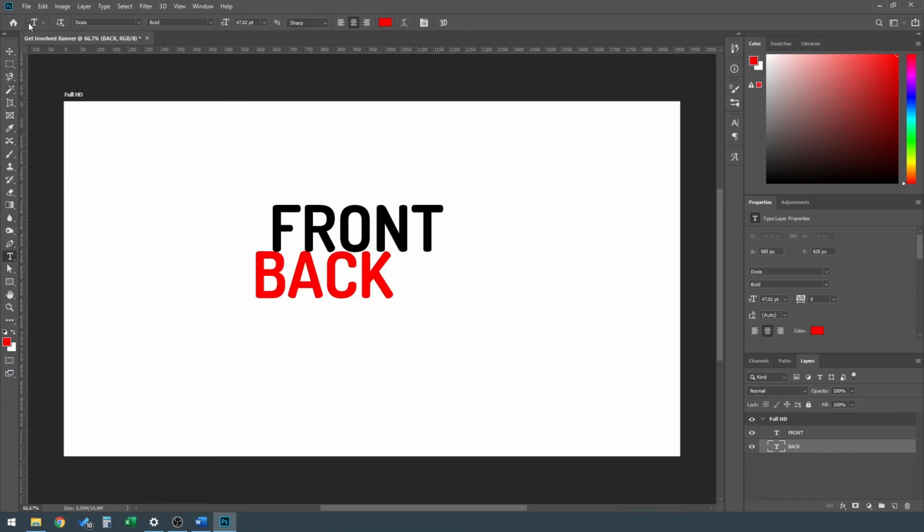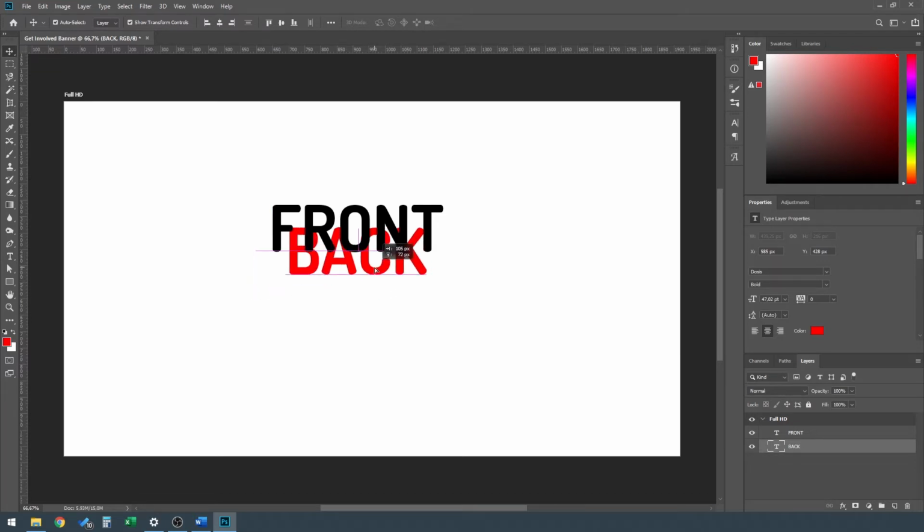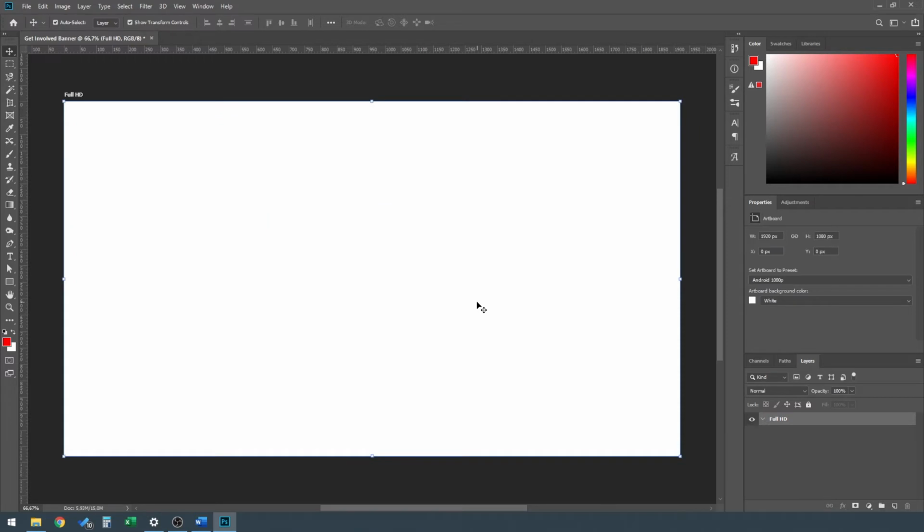And as you can see, if I drag and I align these two, back is in the back, front is in the front. And if I change this layer order, it changes. So in this case, the red one is now in front, and so on. So simple way to exemplify this. Let's delete this and let's start